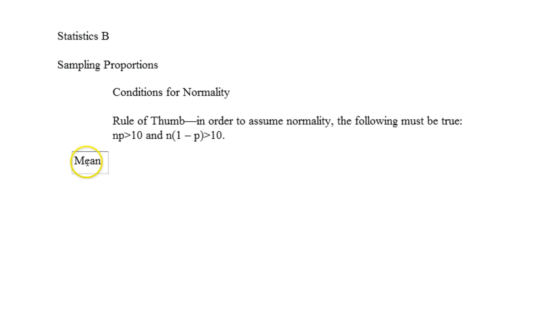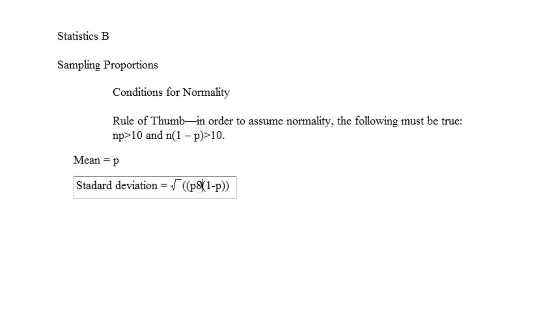Now, what if we wanted to actually find the mean? The mean would actually turn out to be the probability. Remember, we're just going with what we're actually working with. Now the standard deviation is going to be equal to the square root of p times 1 minus p,